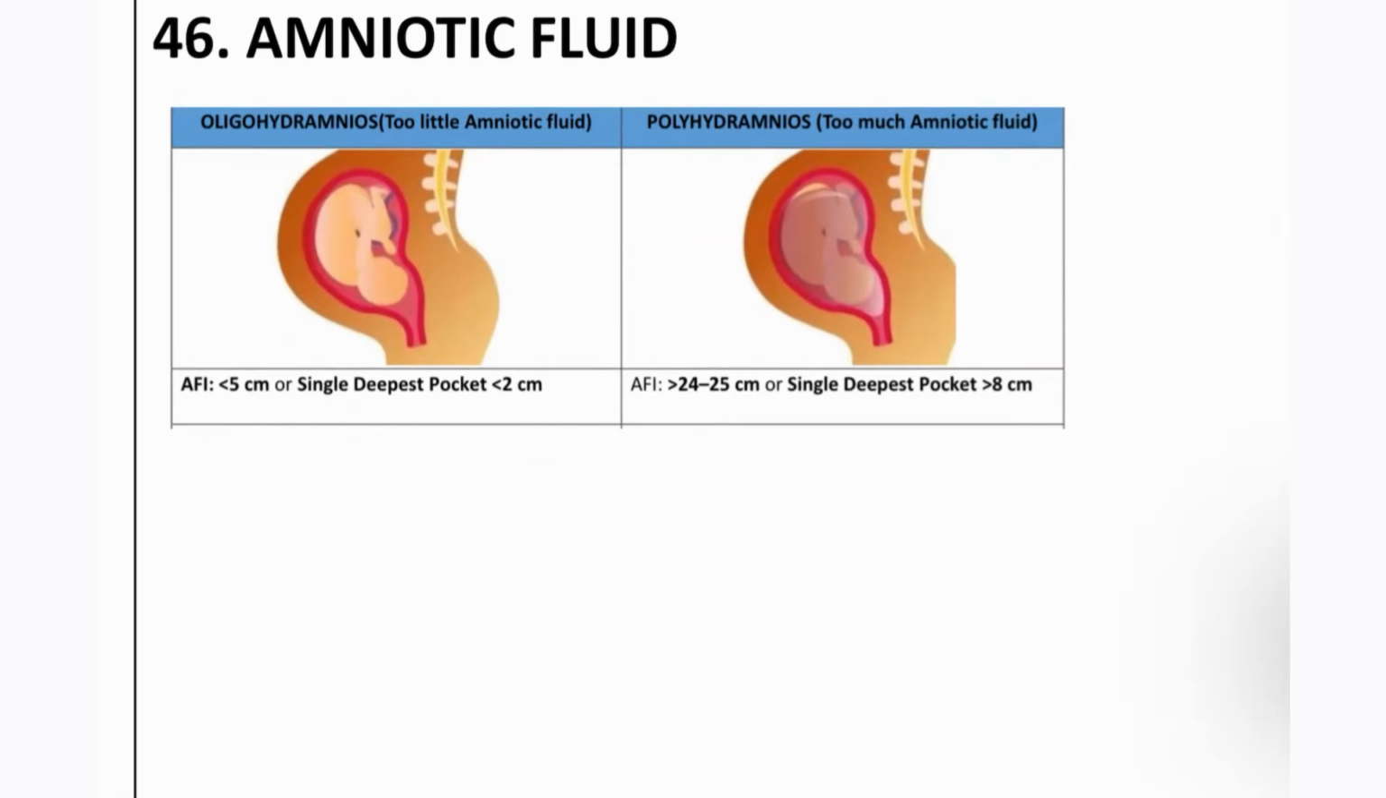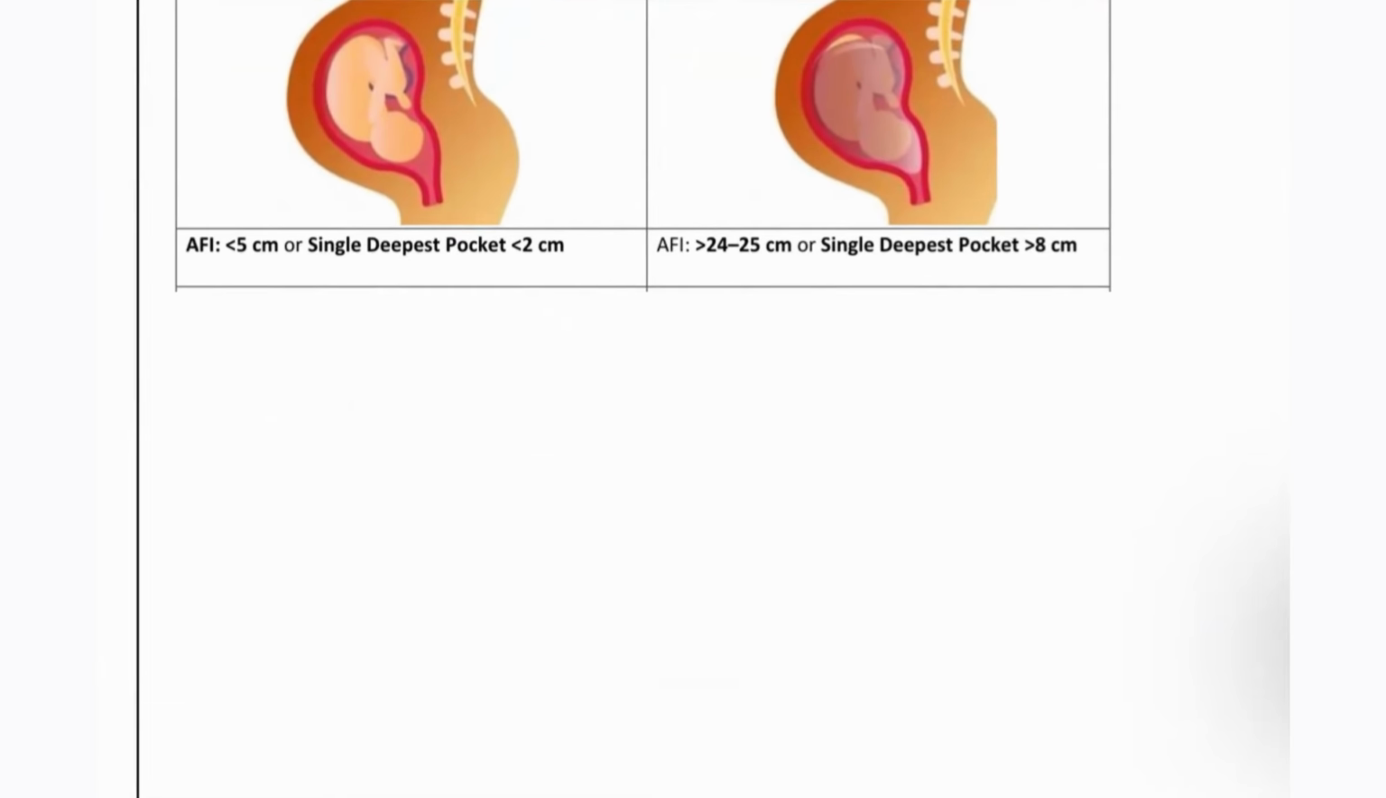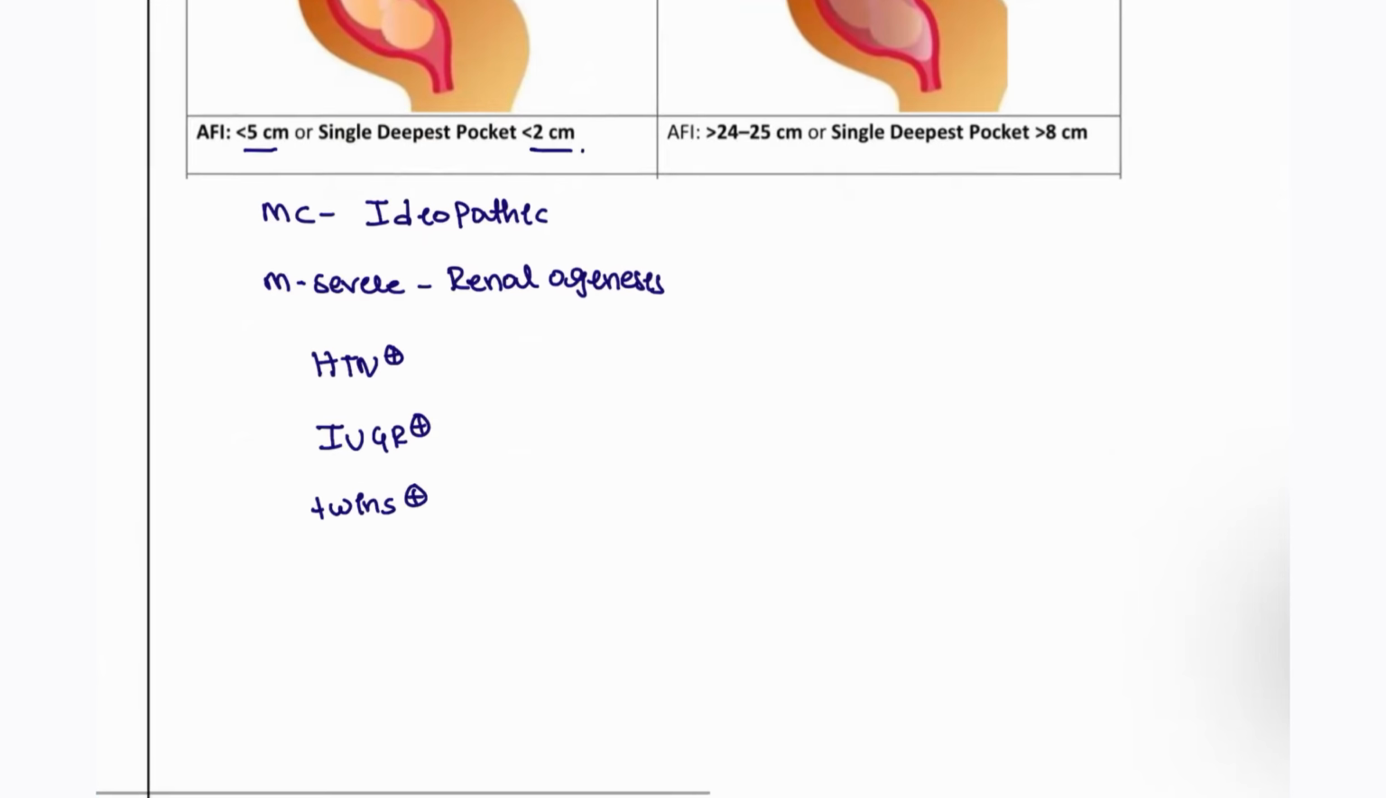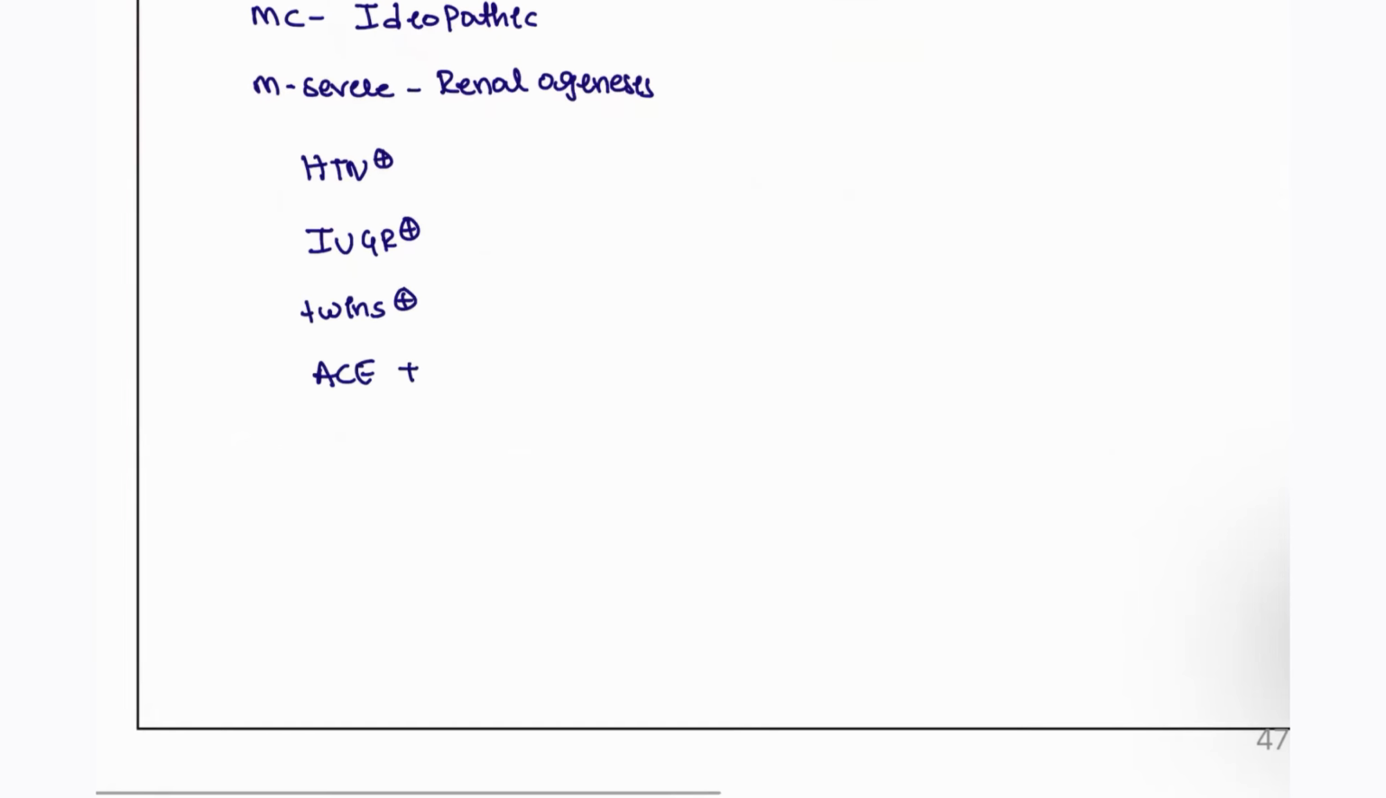So first, coming to the amniotic fluid defects, oligohydramnios, this is less than 5 centimeters, or single pocket less than 2 centimeters. So the most common cause for this patient is idiopathic, and if it is most severe, then likely this is a renal defect. Okay, renal agenesis, and also those who are suffering from hypertension, intrauterine growth restriction, and twins. Okay, twin syndromes will be seen. Those who are taking ACE inhibitors,